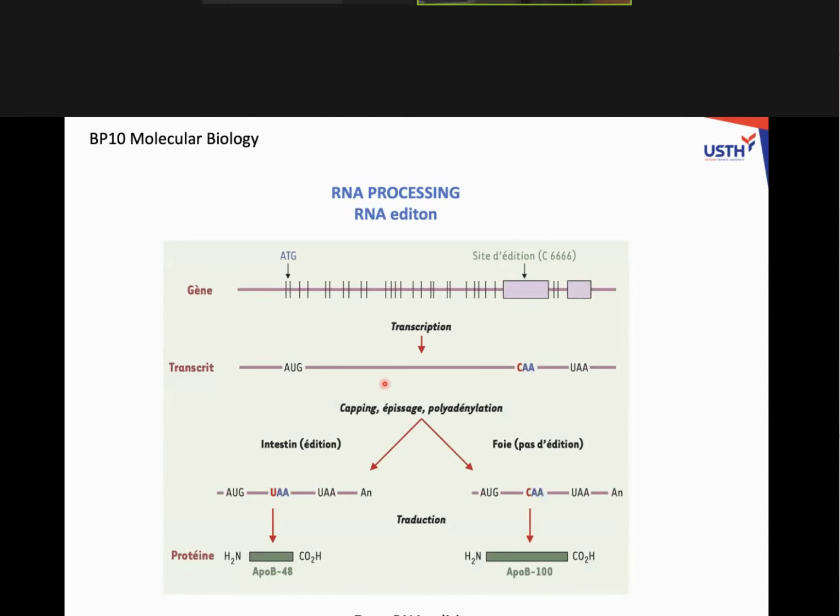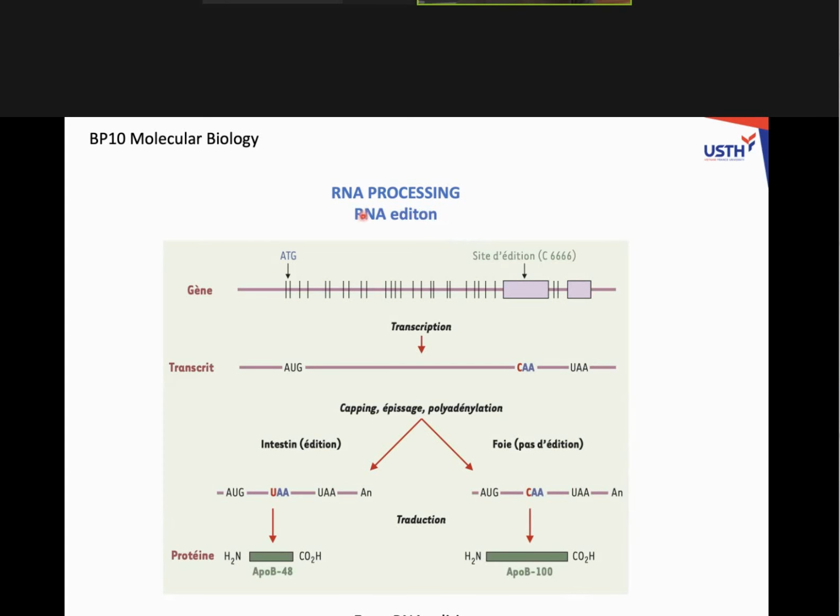And there is, it's still in French, but don't worry. There is a very well documented case in human. It's about a protein. I'm not very familiar with the disease in human, but I know that this protein, when it's mutated, it gives rise to disease in human. Anyway, there is